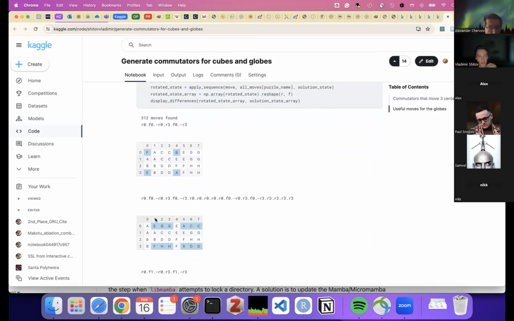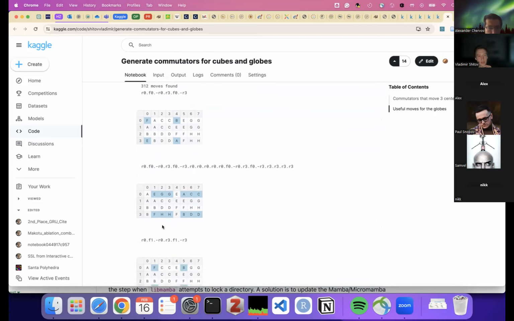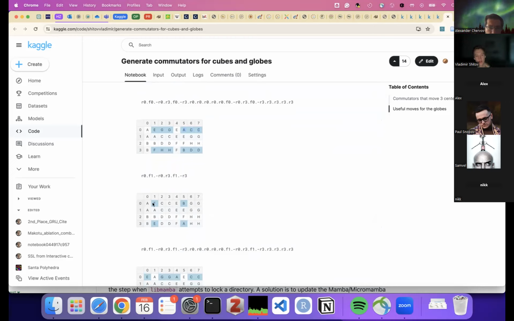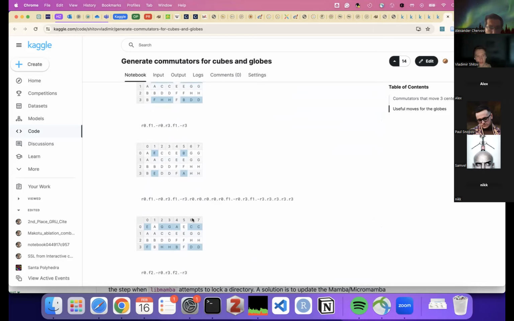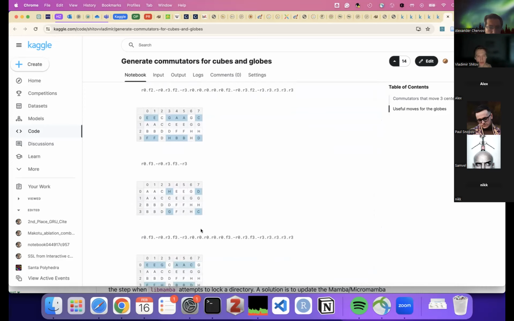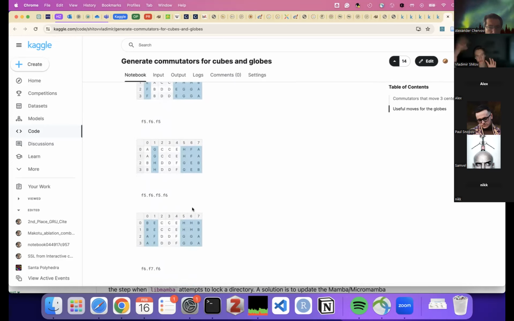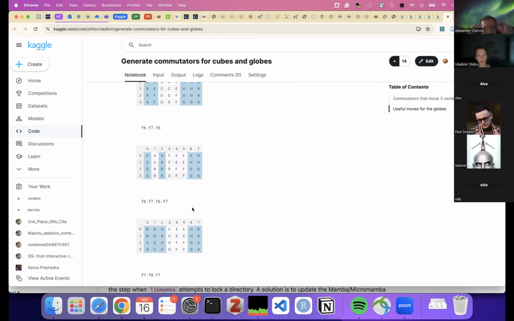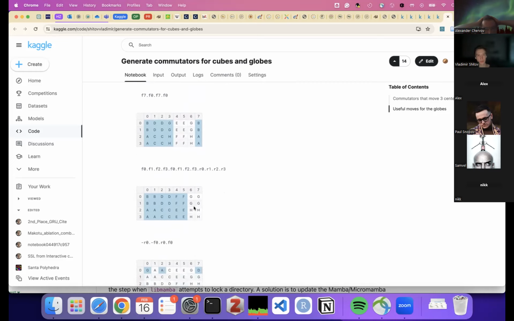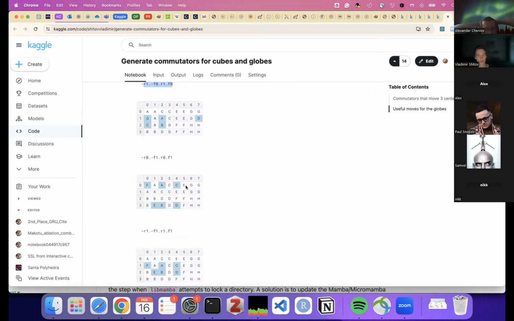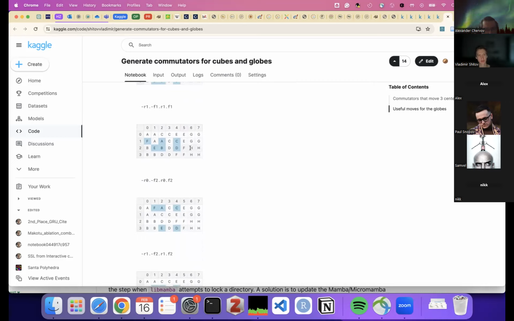Not all the moves I have move only 4 pieces. You can also leave only such moves, but in the book I found that some other moves can be useful. For example, this one, which is another move that only moves 4 pieces, and so on. So I generated that, and the next idea was to basically apply graph algorithms to find the solution state, but using not standard moves, but all these smarter moves.